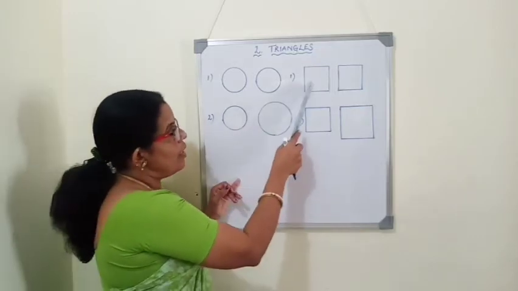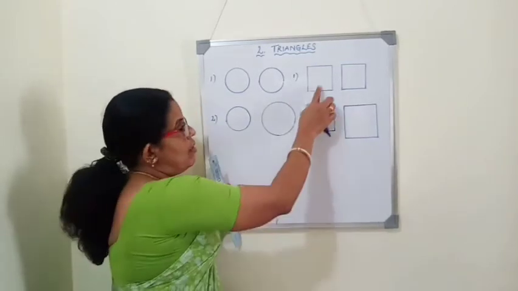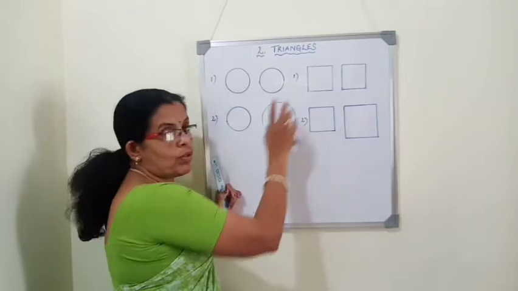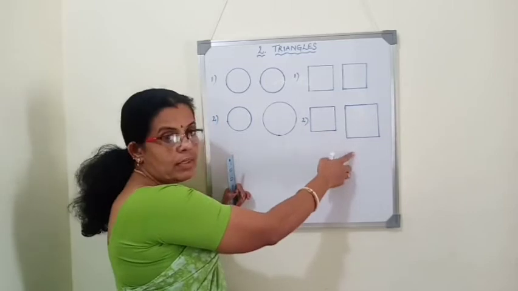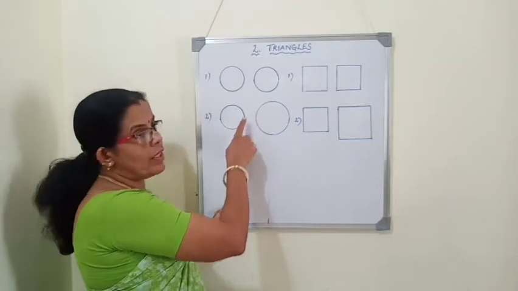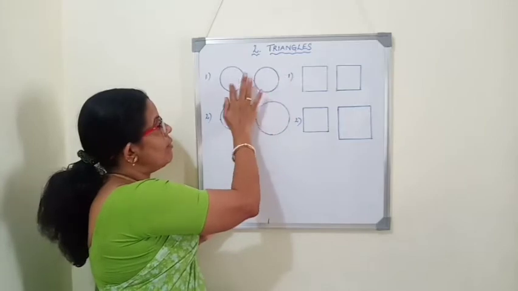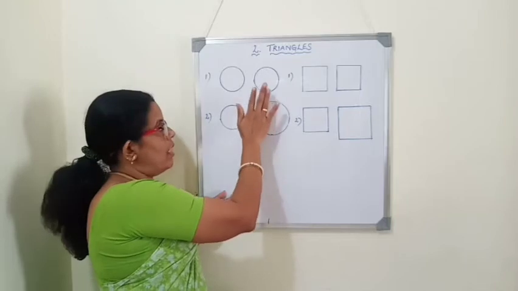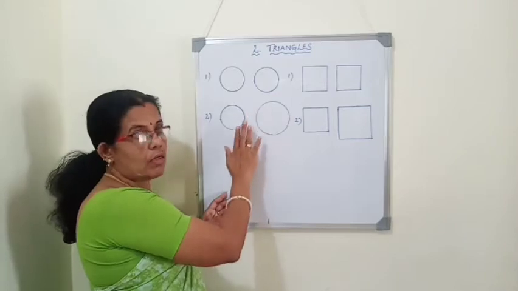In the same way, here two squares are given. We can say that these two squares are congruent squares. They are congruent because their size is same, shape is also same. But in this case, their shape is same but size is different. These two are similar figures. We can say that all the congruent figures are similar, but all the similar figures are not congruent. All the congruent figures are similar because congruent figures are same shape and same size. But all the similar figures we cannot say that they are congruent.